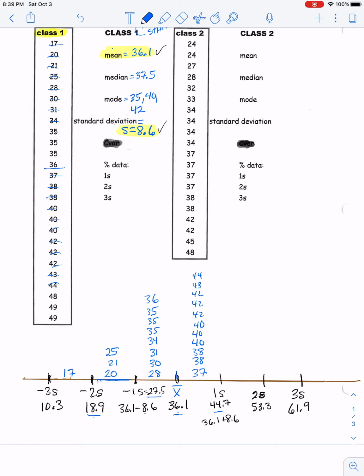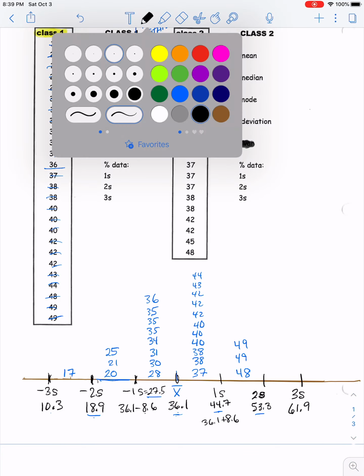Next number is 48, so we're going to have to slide over. It'll fit into this next compartment between 44.7 and 53.3. And then a 49, that's also in here, and another 49. Okay. All right, so my question for us now is, now that the data is spread out into the different little compartments,